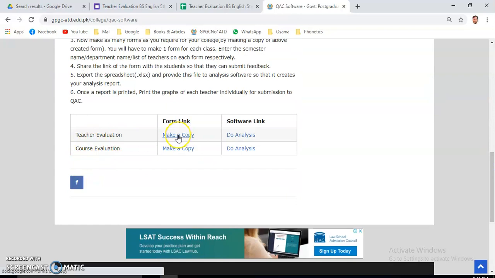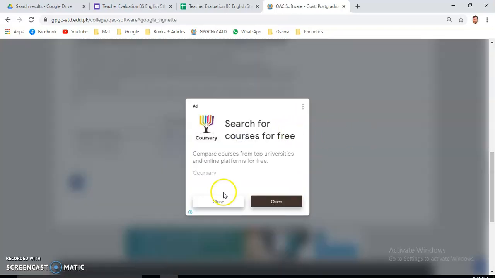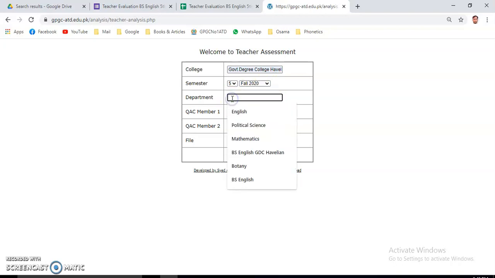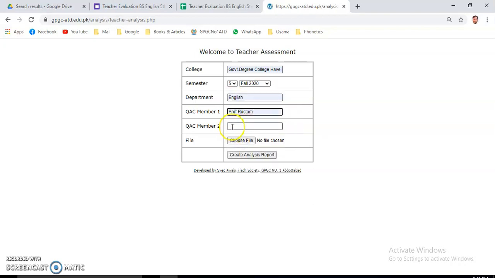Because I'm evaluating teachers, click on data analysis and now write down the name of your college. Semester 5, fall 2020, department English, QC member 1 me, Rustam, QC member 2 Sarimran.